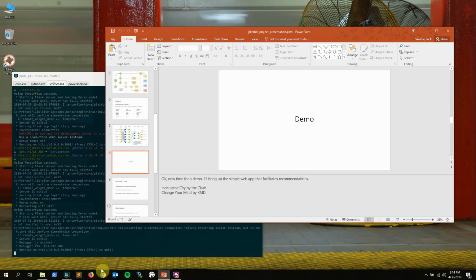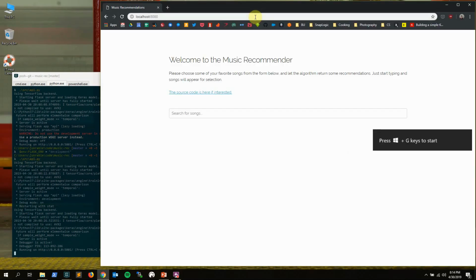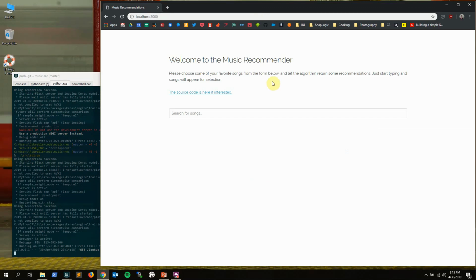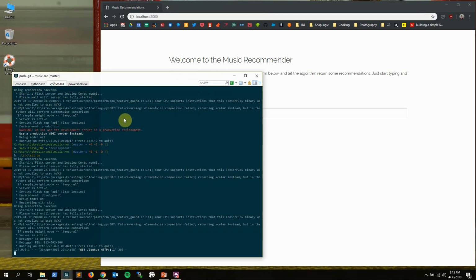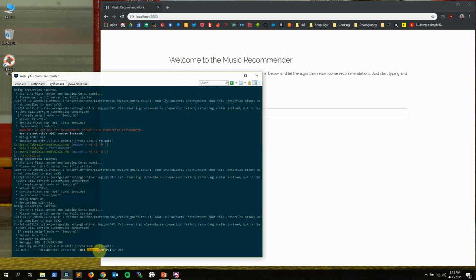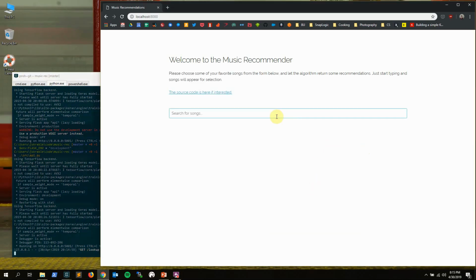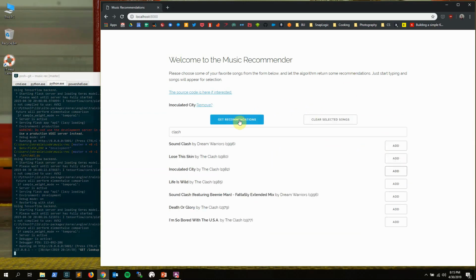So what I'm going to do is open up the app. So here is the music recommender app. You can see on the left, I have both the simple HTTP server running, serving the HTML, CSS, and JavaScript, and then I also have the API running on Flask. So you can see it, I hit it at this lookup endpoint right now. So that will allow me to look up different songs. So let's try this right now. If I choose this song by The Clash and hit get recommendations,